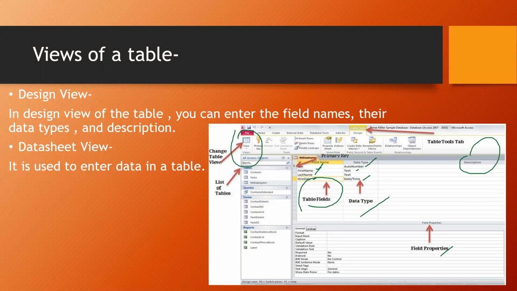All right. So this view is basically your design view, because we are designing the fields, data types, everything, settings we are doing. Now after doing these settings, when we click on the datasheet view, it will open the view where you are going to see an Excel file only. Okay, in that you are going to write everything. All right. So this was all about the views of your MS Access.